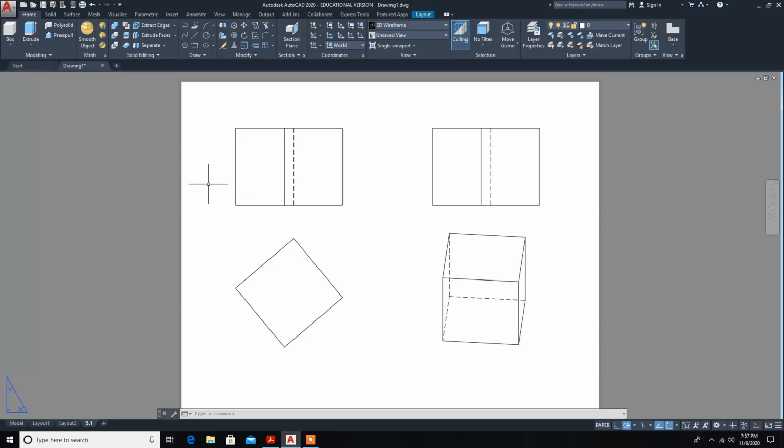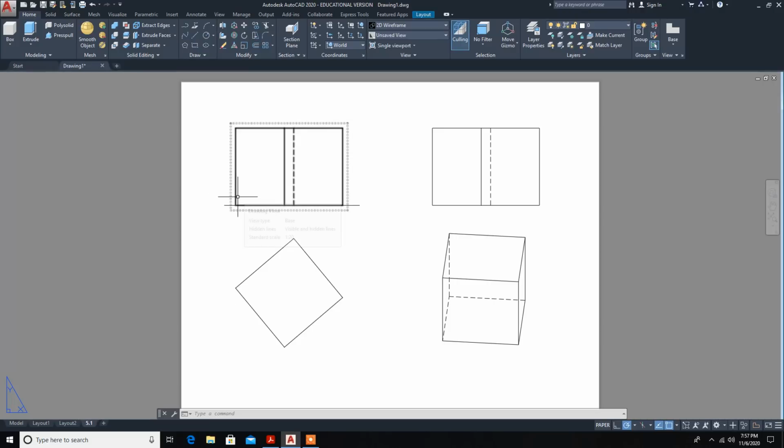You can go here, click on the line command, and the reference line should connect these things. So this will be the reference line. Press escape. Why is the XY line here? Because the cube is resting on the ground, on the HP, so the reference line will come here.